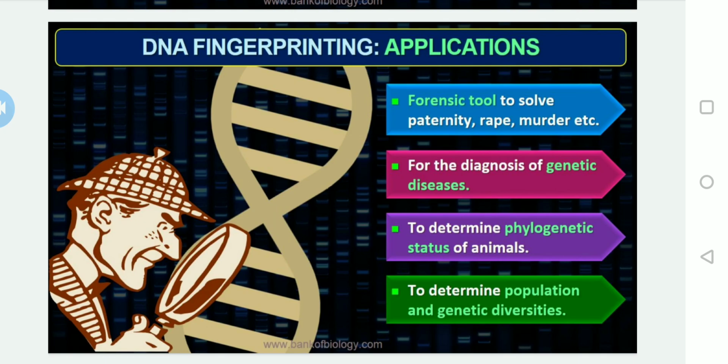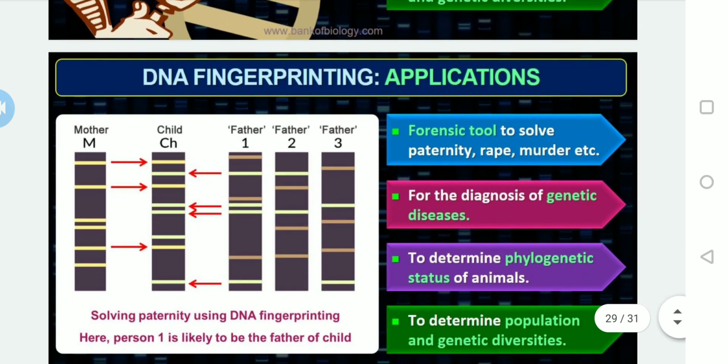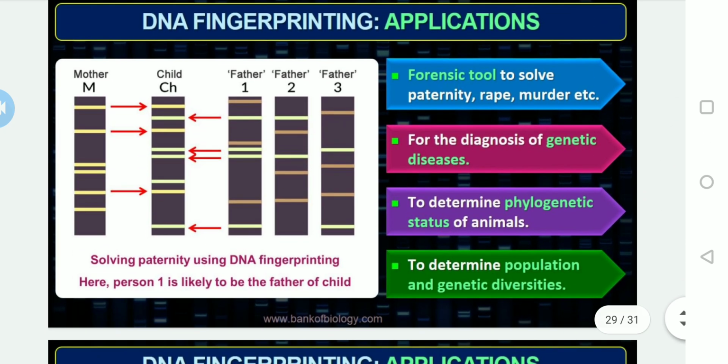And another one is the diagnosis of genetic diseases, so that in the beginning stages only we can identify them, and even to determine the polygenetic status of animals. Are you getting? And a very important one, to determine the population and genetic diversities. So it is used in population diversity determination, so that we can identify exactly how the diversities